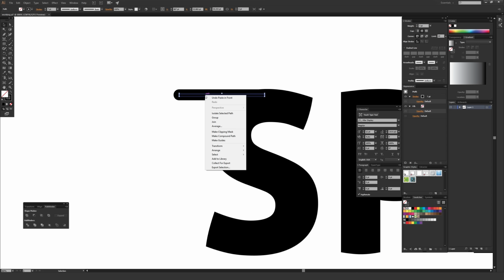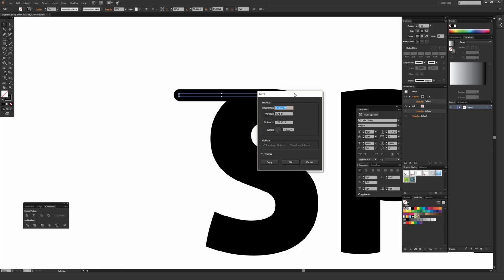So I'm going to right click on this. I'm going to go to Transform, and from Transform I'm going to go to Move. Alternatively, as this is showing right here, if I hold down Shift Control plus M on a PC or Shift Command plus M on a Mac, that'll bring up the move command as well if you want to use a shorter shortcut. But once this move window is open, we can go ahead and just move this however many points